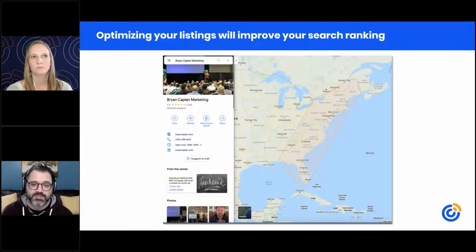And so you want to make sure, it can be something as simple as if you write out 123 First Avenue versus 123 First Ave. Little things like that cause inconsistencies because a computer is looking at it, not necessarily a human, and making those connections in terms of how they're pulling in the information. So you want to make sure that how you're doing it in one place is the same way you're doing it in every place. And then